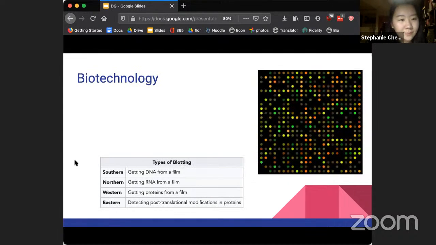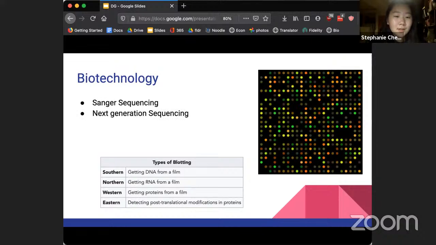In terms of biotechnology, there's a lot of tech that can help us understand DNA samples, and the first one is sequencing. Sequencing is used to determine the specific order of nucleotides in DNA. Sanger sequencing is when a DNA fragment is denatured into a single strand, and then primers, polymerases,